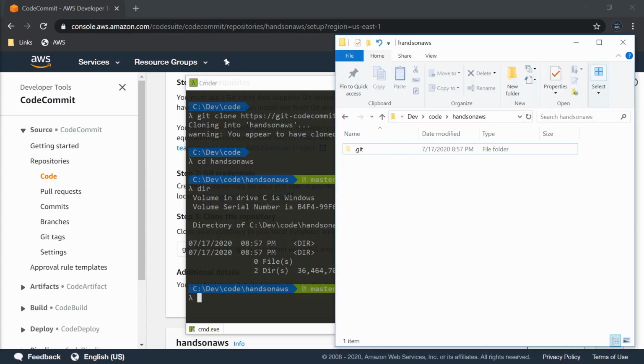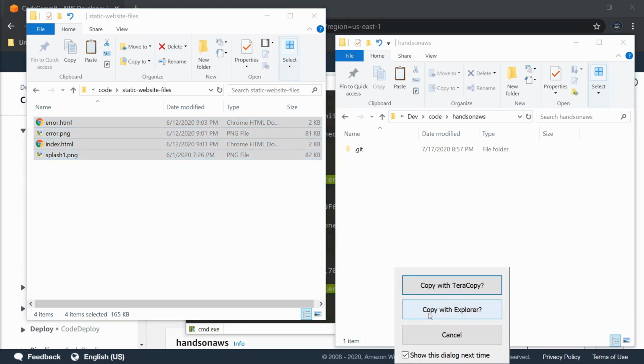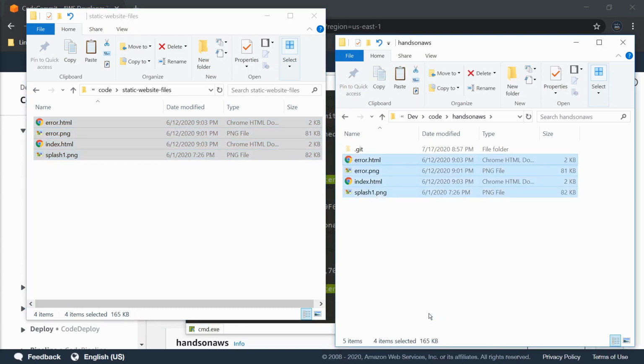As you can see, the repository is empty. Now copy the web page assets into this repository if you have them ready, or you can build them here.